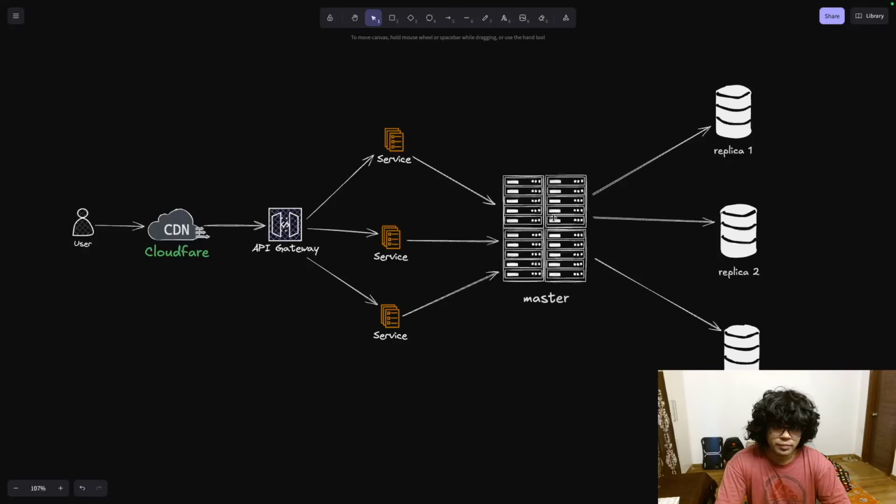So with time, this master DB is going to start getting clogged if there are lots of writes. Let's say there are millions of rows in your DB, and there are thousands of concurrent connections, and all of them are writing to your master DB, right? So what will really happen is, if you have indexed your DB, the writes are going to slow down dramatically, because once your DB grows large in size, the index also keeps growing with it, right? So the I/O is going to get maxed out, the throughput is going to be through the roof, and your DB is just going to stall.